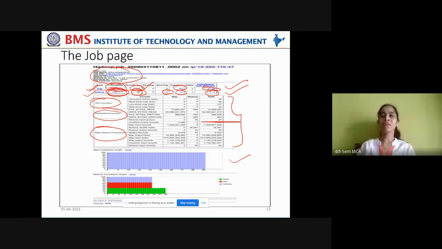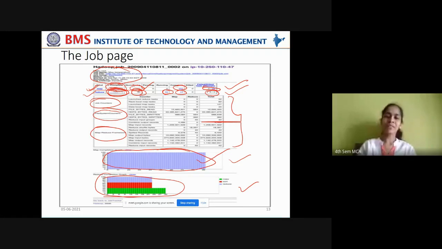Now see this last part of this job page. This job page has the details about the map tasks that are executing and the reduce tasks that are executing in a graph model. Now this displays all the map jobs are completed, and here reduce jobs are still running. In this case, the green graph indicates the copy job, red indicates the sorting job, and blue indicates the reduce job.